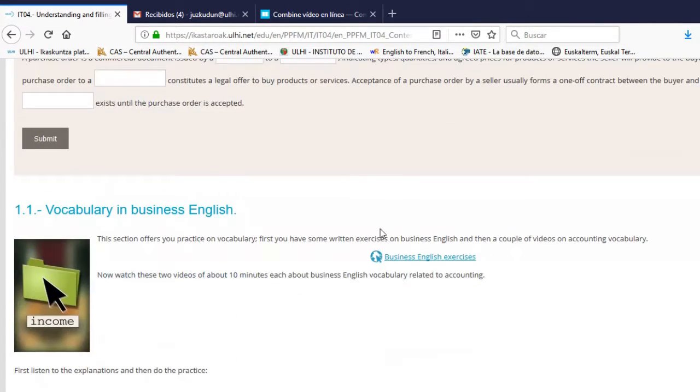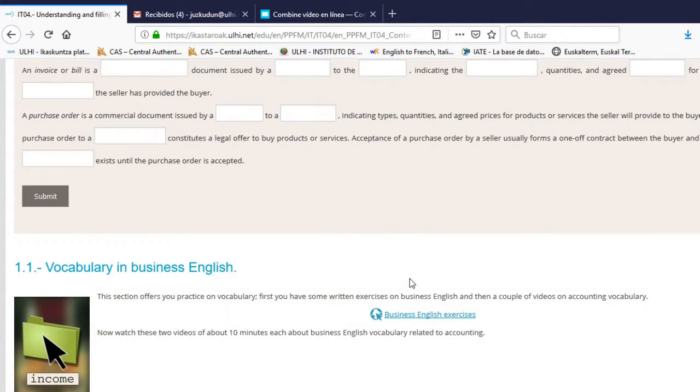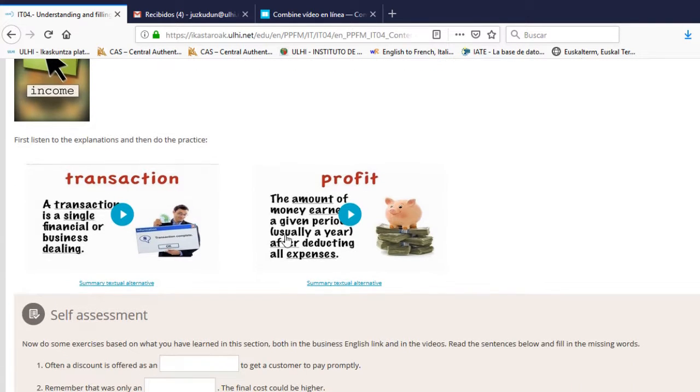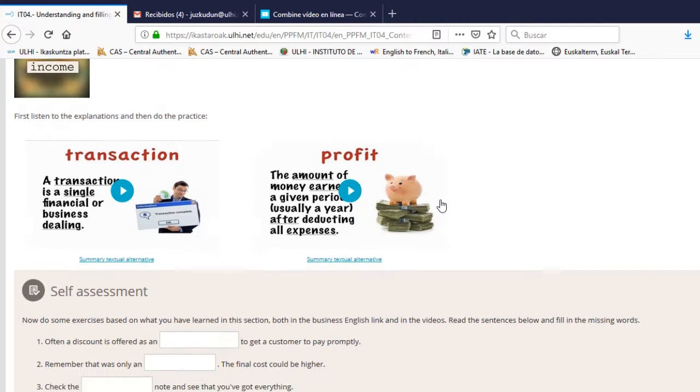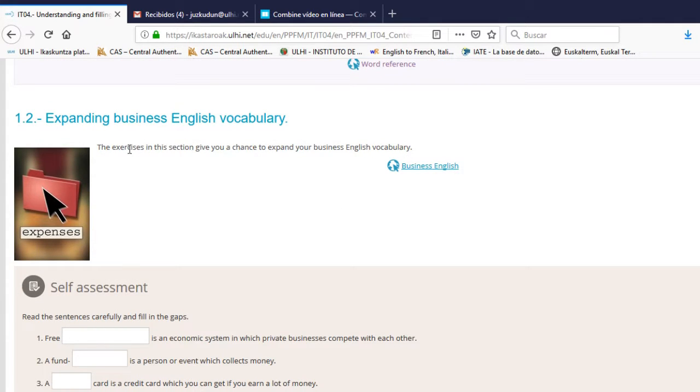If we go to point 1.1, we have some vocabulary in business English with some exercises, and as you see here, you also have a business dictionary. You also have two videos. One is about transactions and one is about profit. So take a careful look at both of them, and you will learn a little bit more about transactions and profits. If we continue in point 1.2, we will expand the vocabulary related to business English,